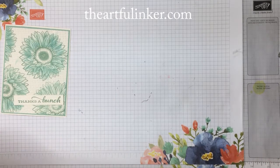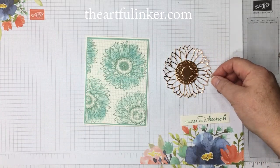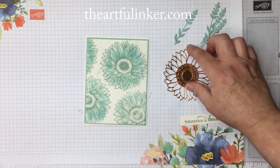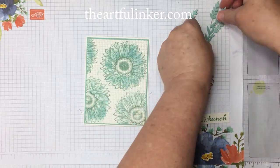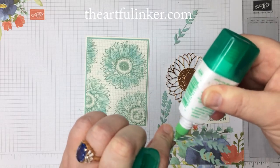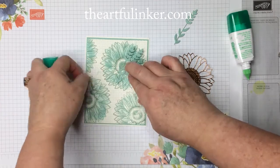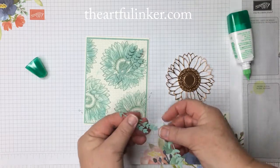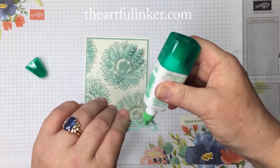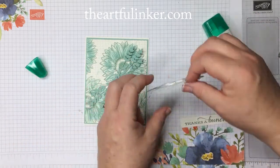And I've cut a copper sunflower using the Celebrate sunflower dies, and some greenery pieces cut from mint macaron. All of these used the Celebrate sunflower dies, so we're going to add a little adhesive to the back of these and put them down about here, and then take this pair and do the same thing. Little bit of adhesive on the back, and we're just going to link them up